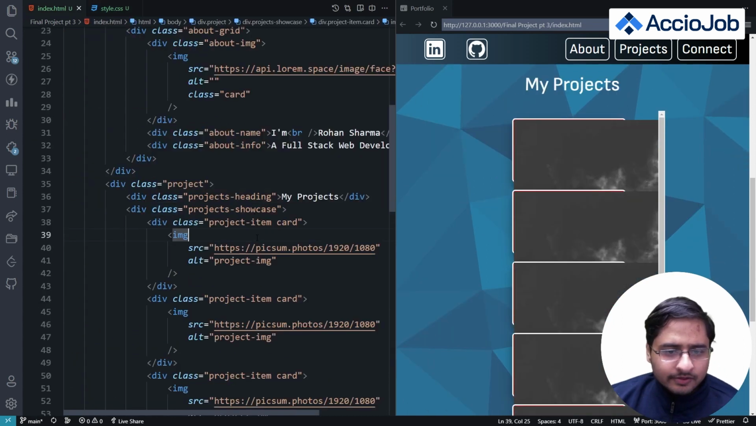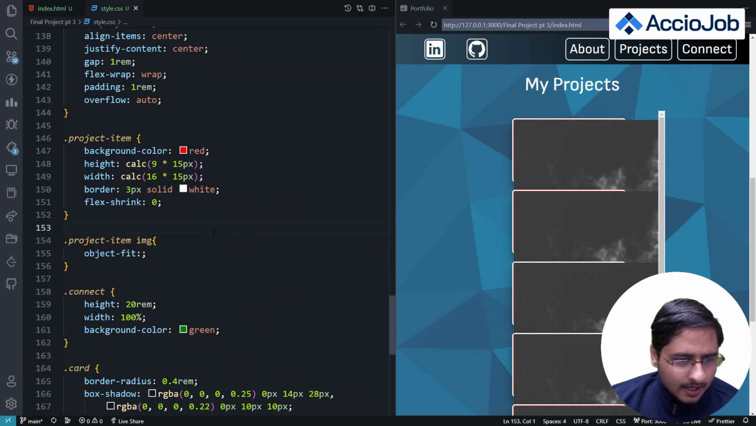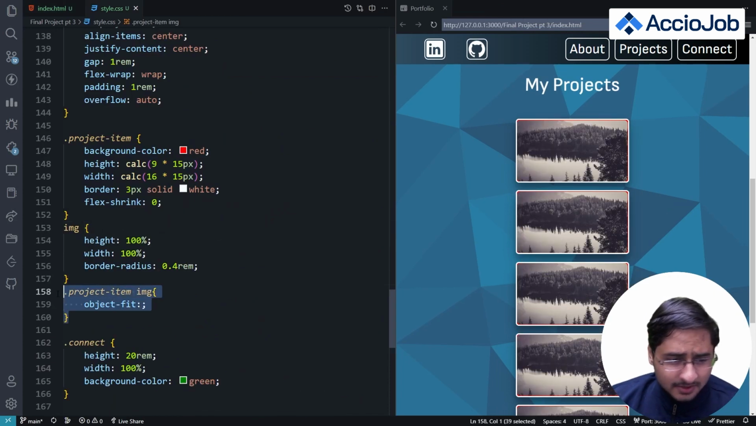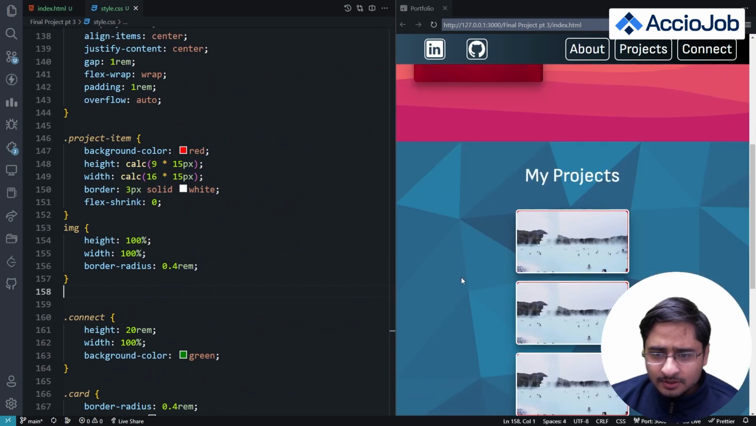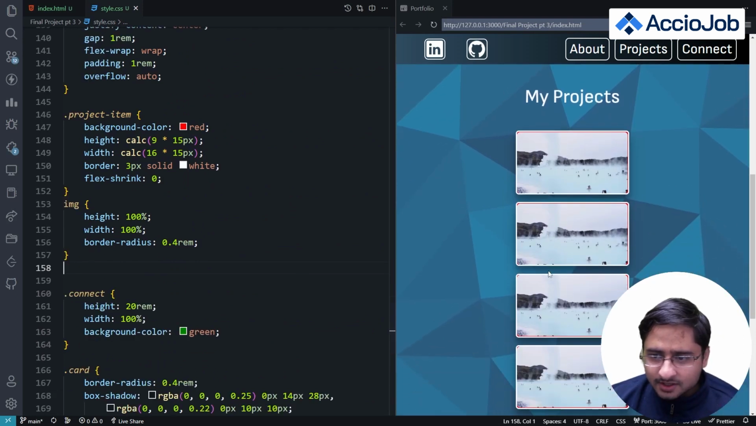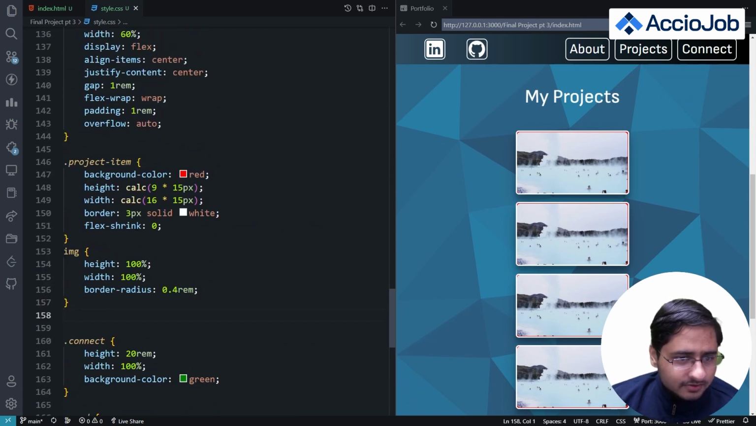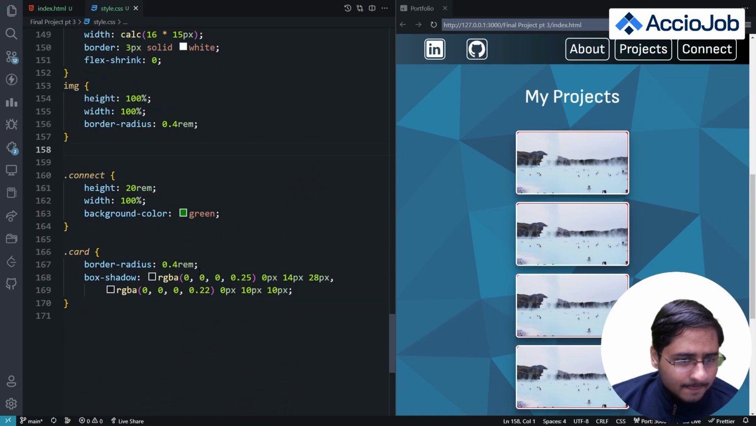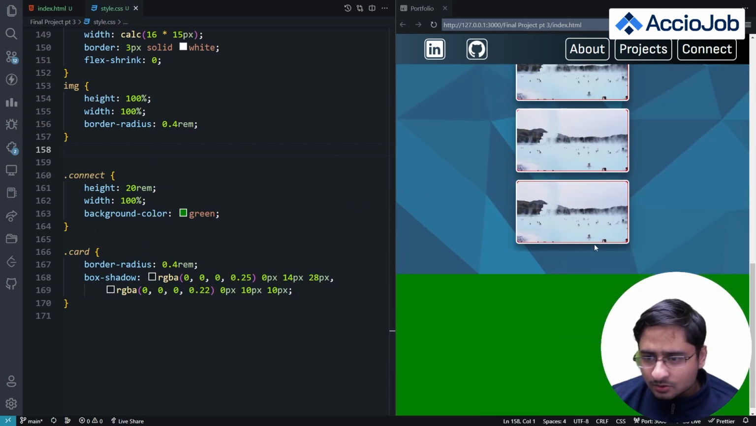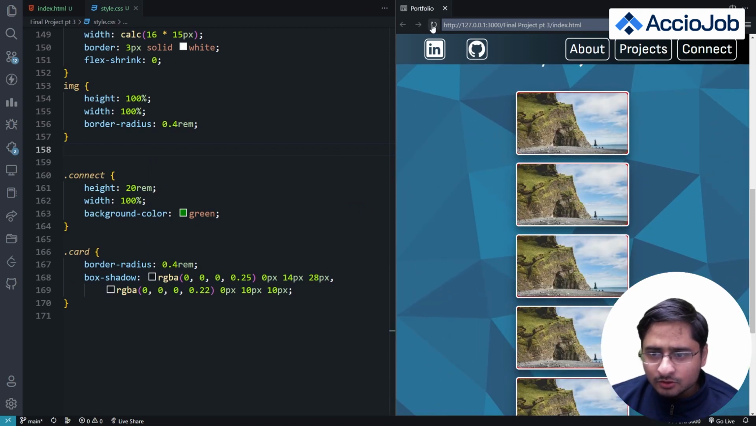One thing we can do is give all the images these properties: image height 100%, width 100%. This will limit everything, and border radius we've given as well, so this would work just fine. For dot card, I'm giving border radius 1, and you can see now this looks just fine. I'll keep on reloading,